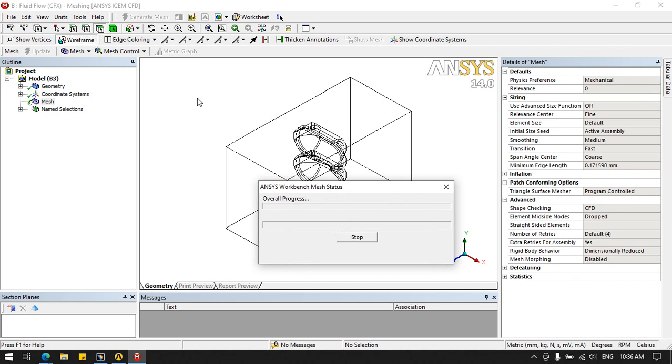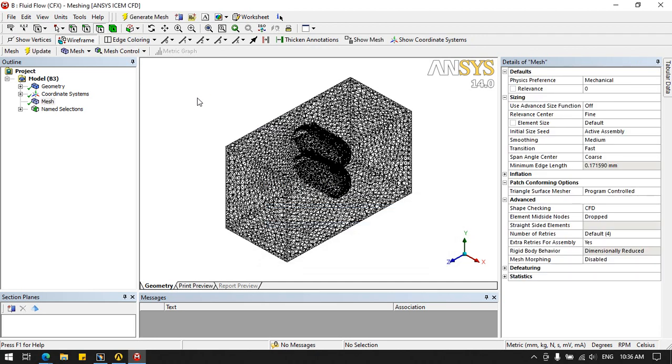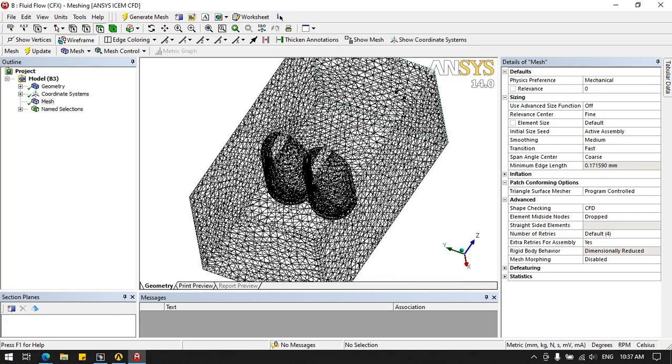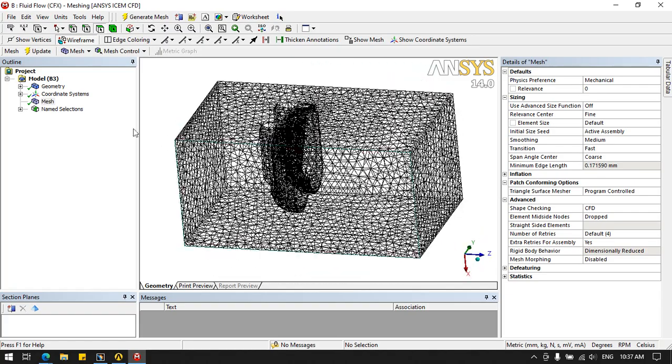Generate the mesh so that we can see the mesh over the body. Like this it will come. Once it is done, click on the Mesh and update it so that we can convert it into simulation.